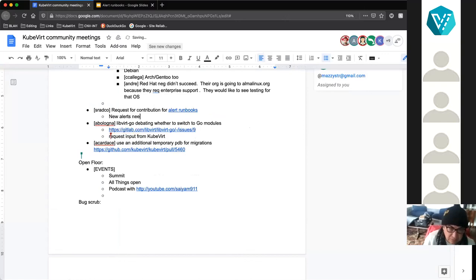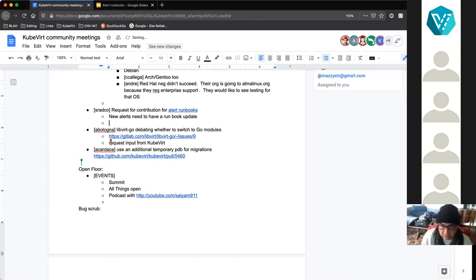So we need to enforce that when we're doing reviews and things like that, to make sure that there's a runbook on how to resolve or at least investigate the alert when it occurs. Can we actually have a test case or pre-submit job to ensure that the runbook URL is set on an alert once somebody's submitting a PR?